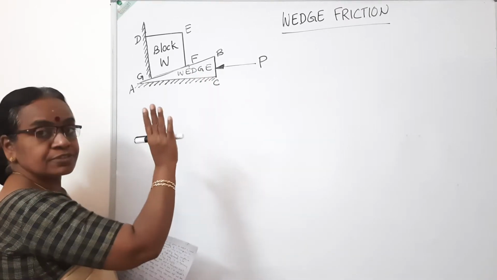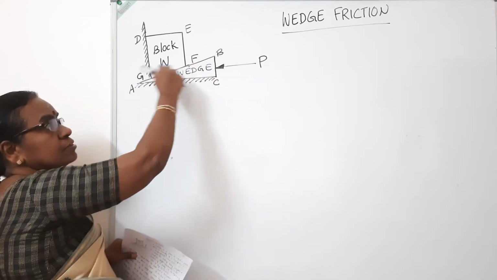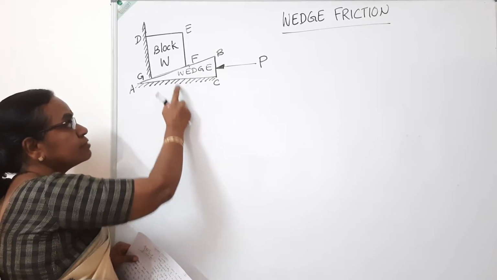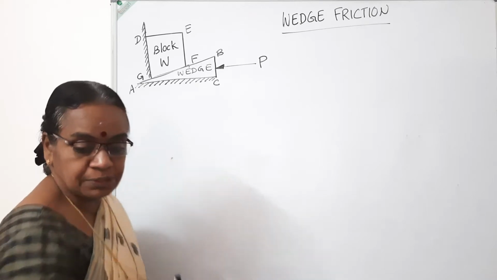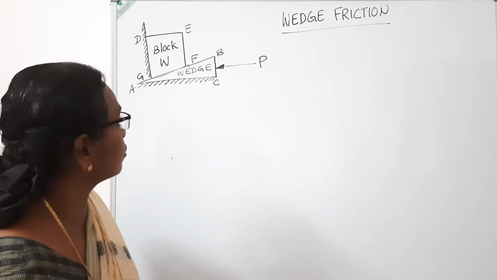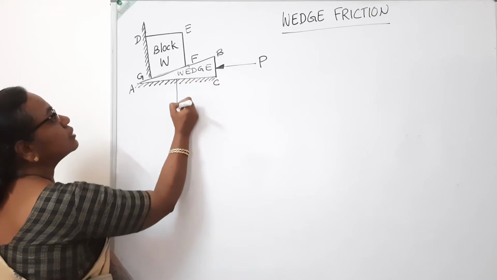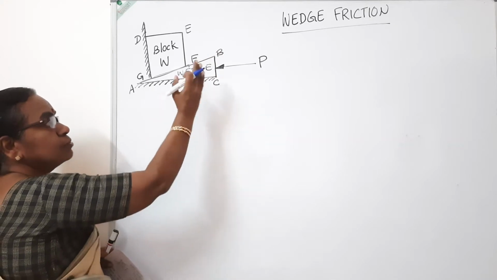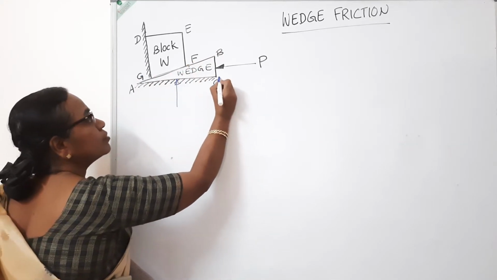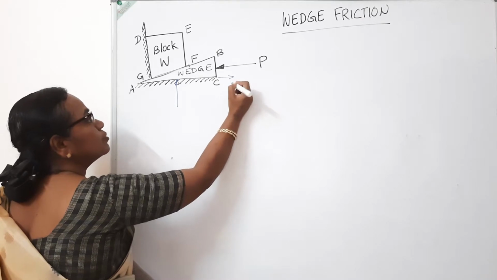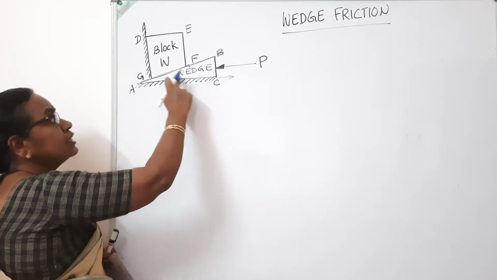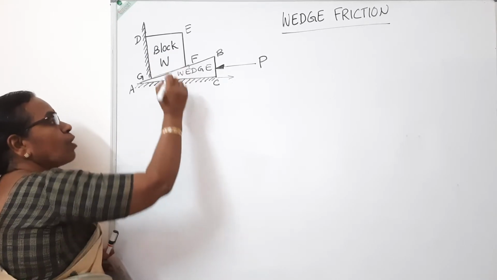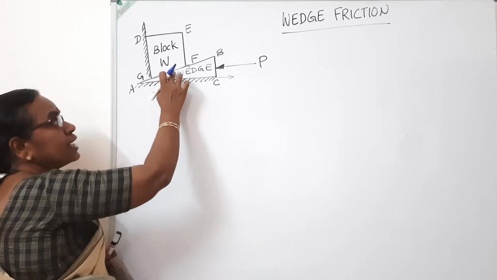So there are three contact surfaces here. The wedge, as it moves in this direction, as the force P is applied, there will be surface contact reaction at this surface, contact reaction between the wedge and the horizontal floor. There will be a contact reaction normal to this surface. And as the load is applied in this direction, it moves in this direction, there will be frictional force opposite to that. Frictional force in this direction, if you are considering the wedge. Then there is contact between these two, as well as there will be normal reaction from the block acting in the wedge. So there will be normal reaction in this surface.